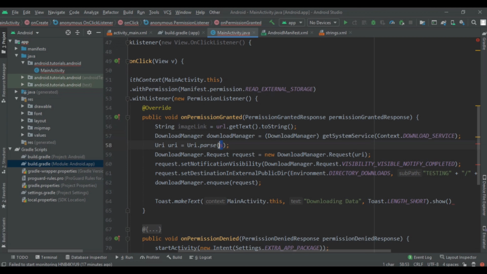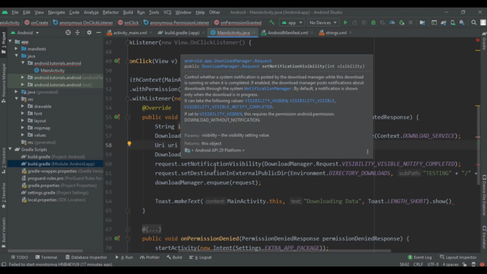After that we are going to add a download manager request, which means here we are going to request for a download.